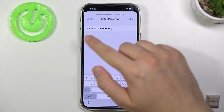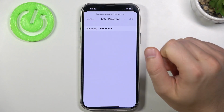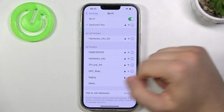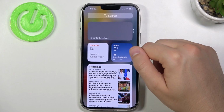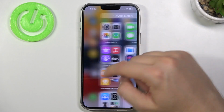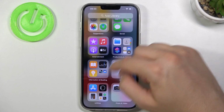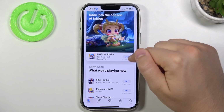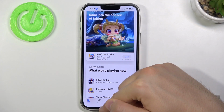When you are sure that the password is correct, you have to click Join. And as you can see, after a few moments we are successfully connected and we can open, for example, App Store. As you can see, we are online. So that's how it